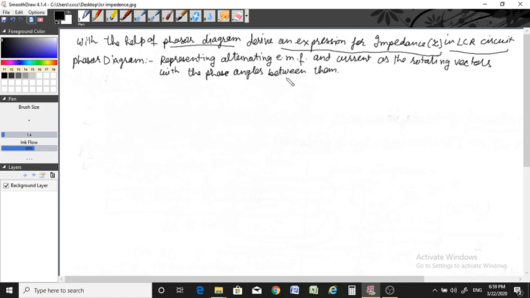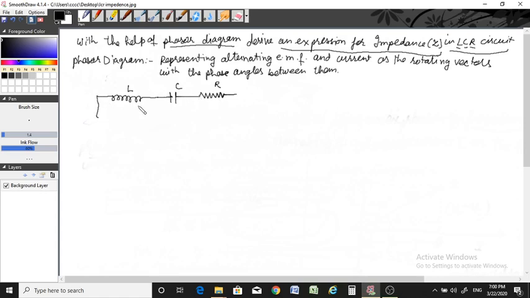With the help of phasor diagram we will find impedance in LCR circuit. Here L is inductor, C is capacitor, R is resistance, and these three are connected in series. First we will draw its connection diagram. This is an inductor, it is denoted by L. Next this is a capacitor, it is denoted by C. Next this is a resistance which is denoted by R, and connections are in series,